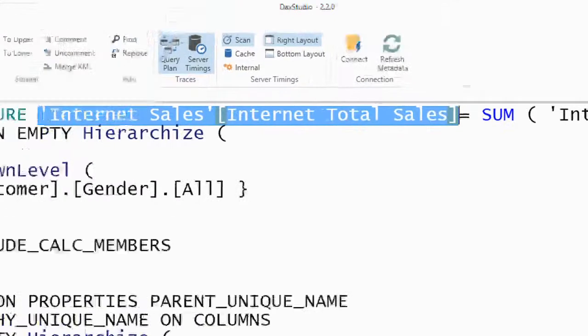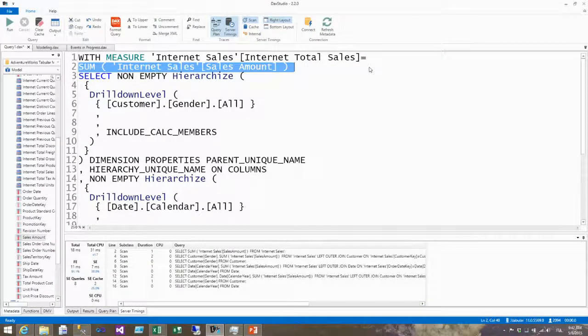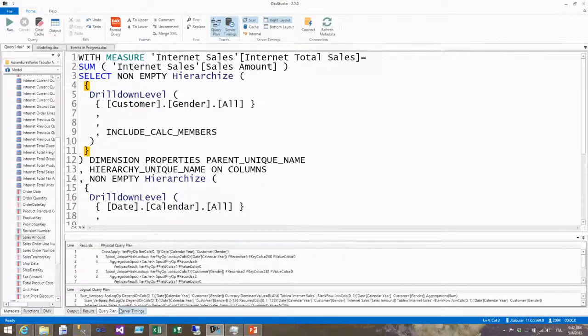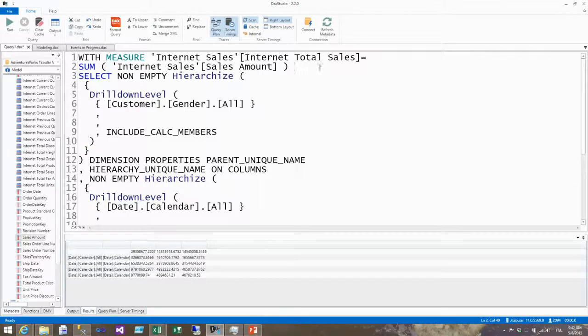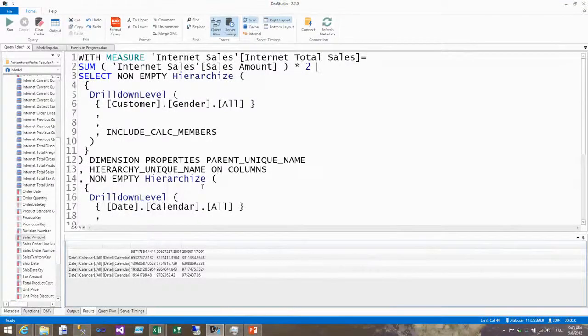So at the beginning, I just copy the same definition, the same DAX measure from my data model, and I run it. So I can run this, it works, I have all my events, my query plan, and my result. At this point, I can try to optimize the query. The point here is not to optimize the query, but just to show you that if I change something, this change that I apply to my formula immediately reflects in this result, and, of course, also in the performance. Once I fixed my formula, I solved my bottleneck, I copy this formula in Visual Studio, I do the deploy, and it works.